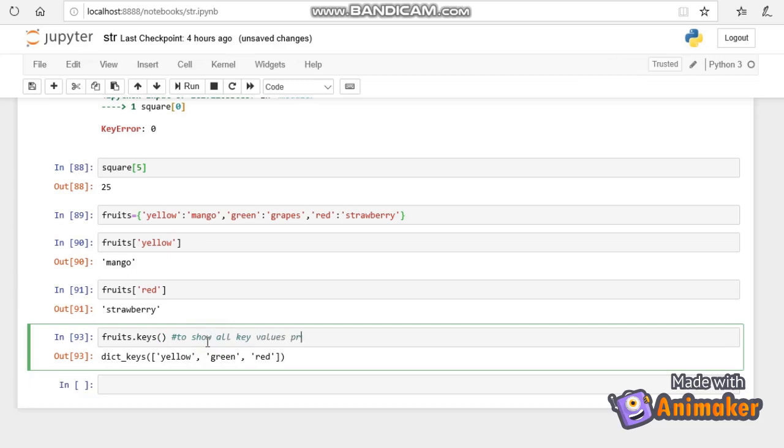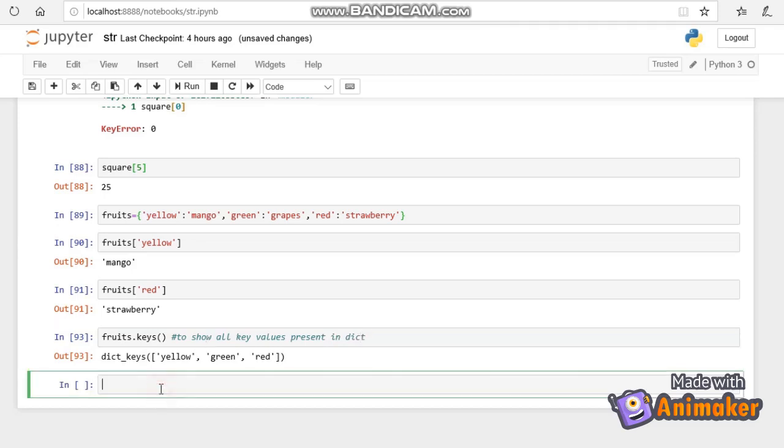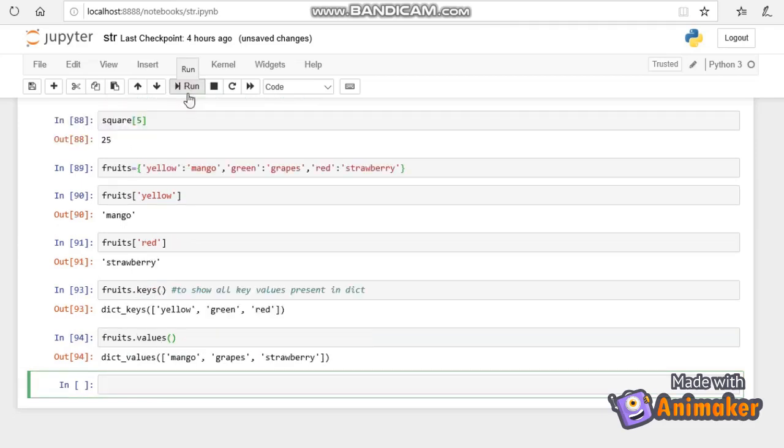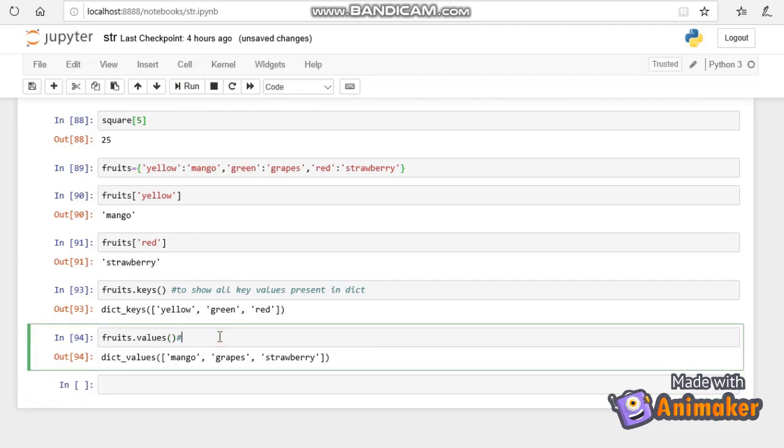So similarly, to print all the values present in a dictionary, we have to use the values brackets. So it will print all the values in the dictionary, to show all the values in a dictionary.